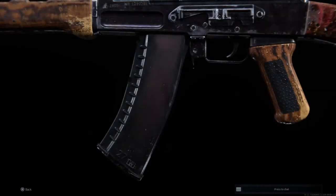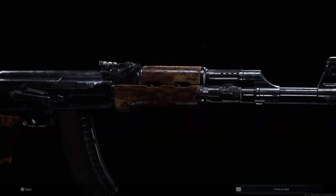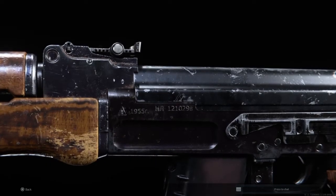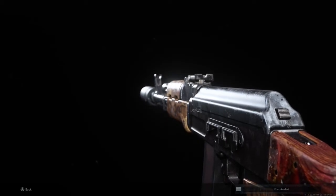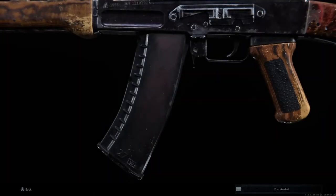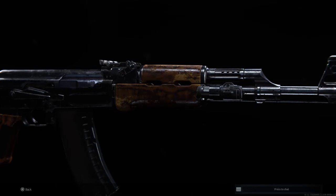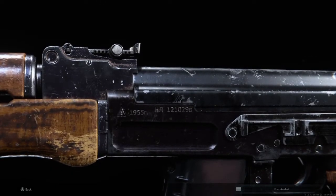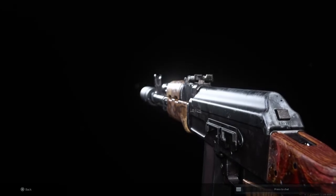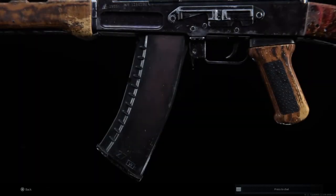So, and then there's the AK12. I think the AK12 is Russia's most modern combat rifle, and probably the one that they actually use nowadays. I wouldn't be surprised though if they have AK-47s and 74s given to members of their military or police force that are more like in reserves, kind of like how there's still M4s and M16s in the US military, even though we've adopted the M27, and even though we're going to be replacing the M27 as well pretty soon. Well, supposedly replacing it, but that's besides the point. So